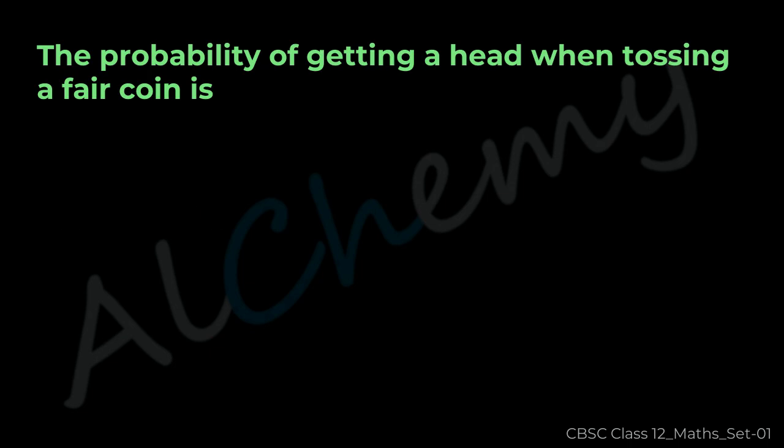Horizontal. Question 25. The probability of getting a head when tossing a fair coin is: